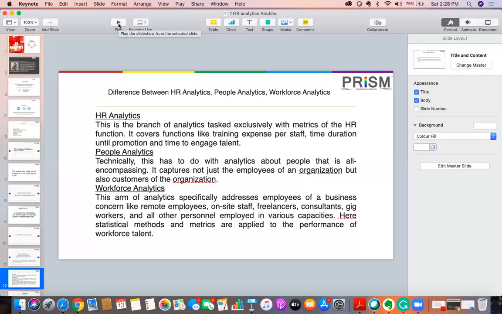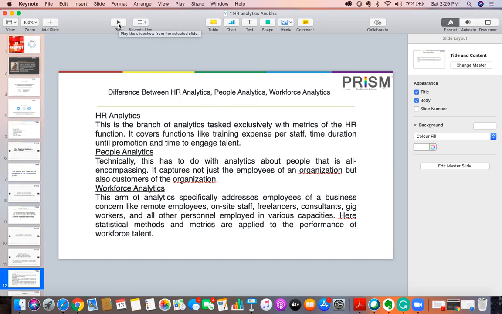When we talk about people analytics, it is only to do with the people. That becomes the important aspect for the organization. They are not only working in the organization, but also external to the organization, which we call external customers. And workforce analytics addresses the employees of the business concerning remote employees, work from home employees, on-site staff, freelancers, consultants, gig workers, and personnel employed in various capacities. So there is a set of statistical tools, methods, and metrics which get applied to the performance